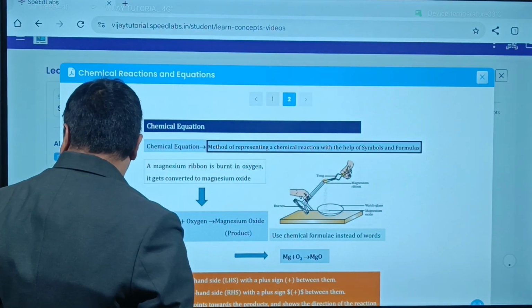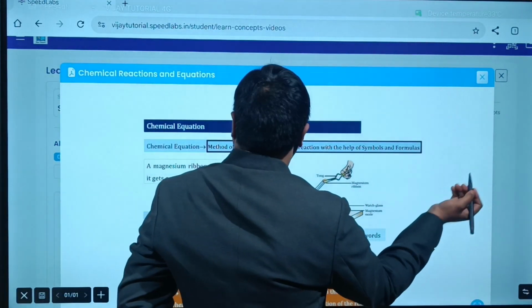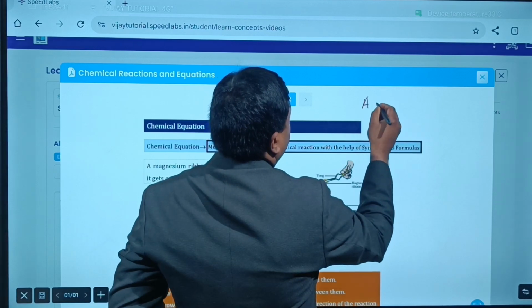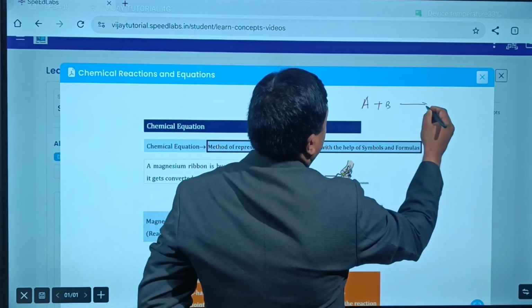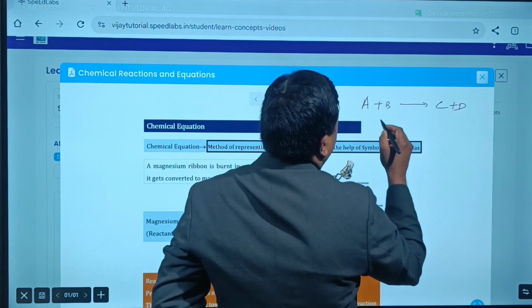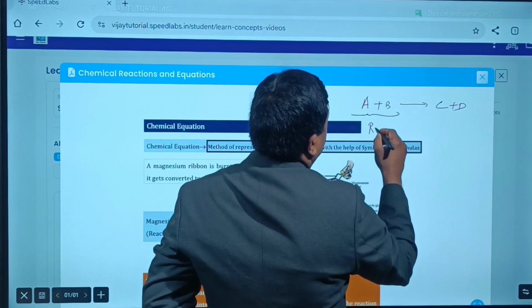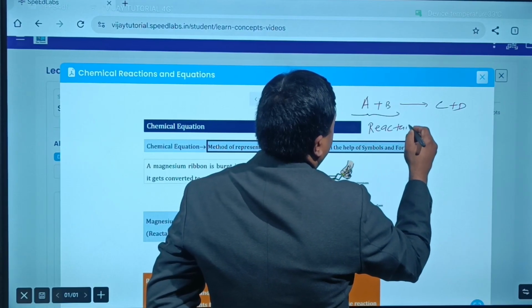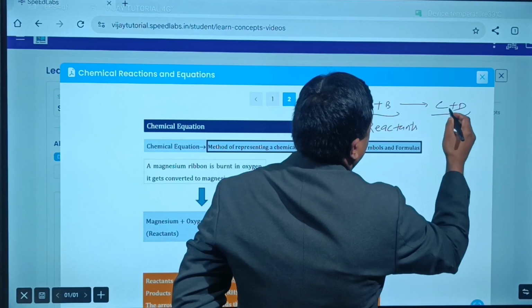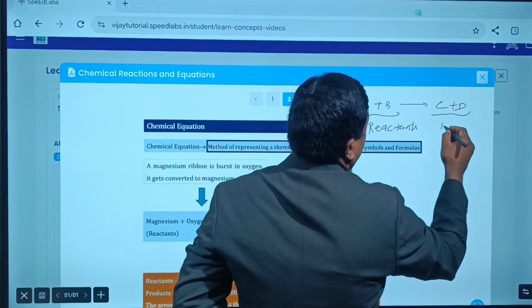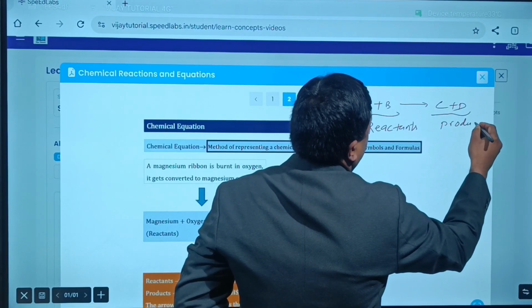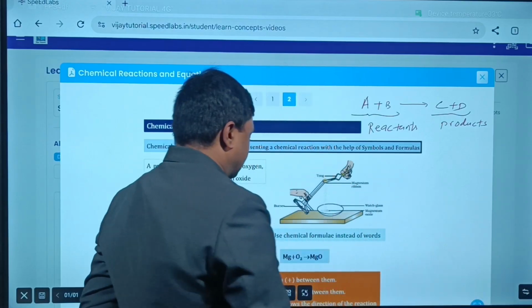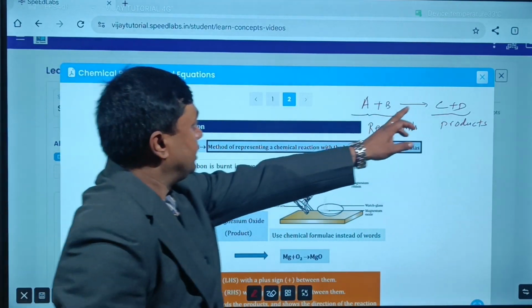We can represent a chemical reaction simply as a chemical equation: A plus B gives rise to C plus D. So where A and B are reactants, whereas C and D which are formed are called products. Is it clear? Next,